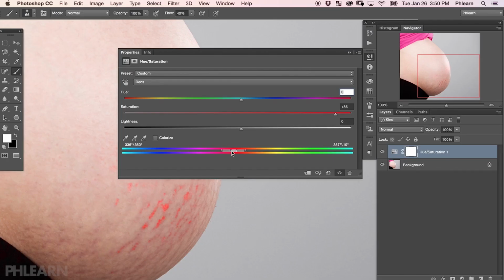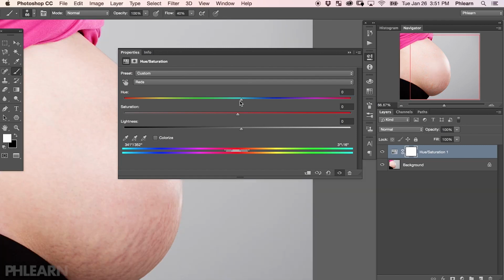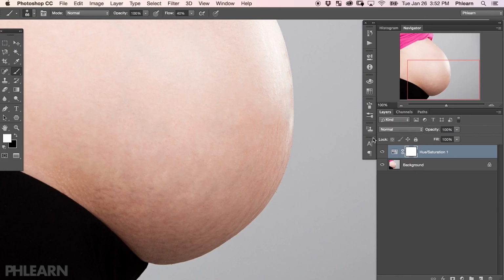Now, I brought my hue saturation adjustment slider a little bit bigger, and then we used the sliders down on the bottom to target just the stretch marks. In this example, we wanted to target just the reds, so I went from master down to reds. Now, we used the slider on the very bottom to target just the area of reds that we actually wanted to edit. Again, the skin generally is red, so we wanted to make sure we brought in those sliders to just affect a specific amount of red. Once we nailed the area we actually want to affect, we brought our lightness up a little bit, we brought our saturation up a little bit, and we brought our hue, changing it from red more towards skin color. Now, once you take care of the color, the texture is really easy.